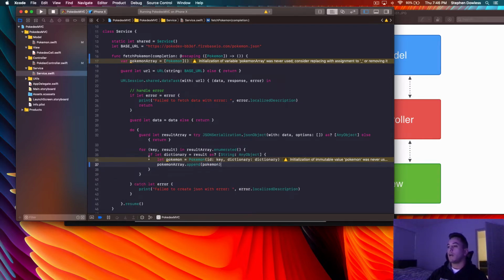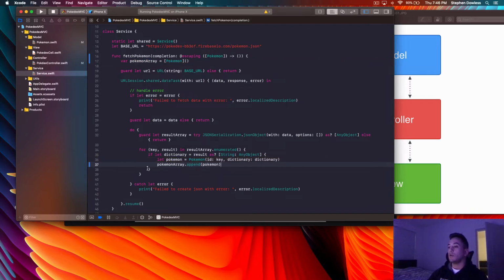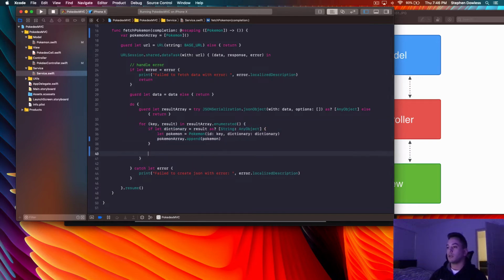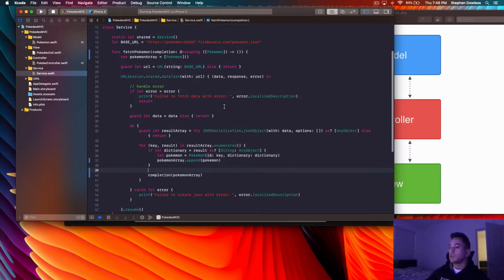So now after that for loop is completed, we want to call our completion block and say, hey, okay, now that this array is done being populated, then we can say this function is done. And we're going to see why that's useful in a little bit. So for now, just go outside of that dictionary guy and say completion Pokemon array, okay? So don't worry about this stuff right now, guys. I'm going to come back to it and I'm going to explain it.